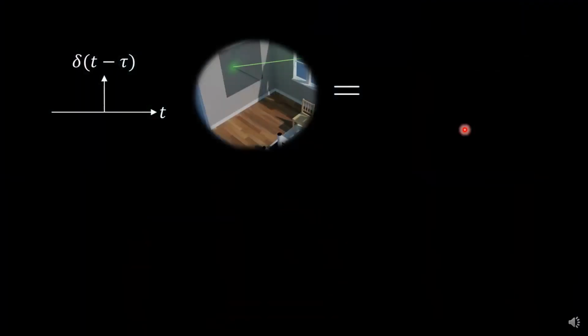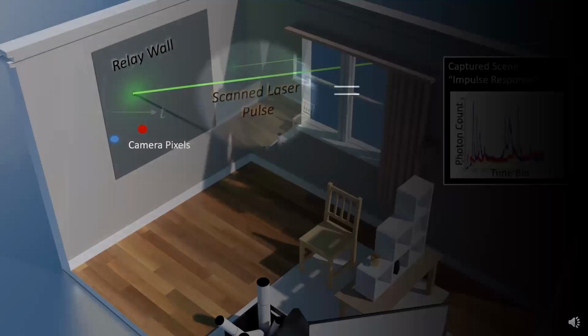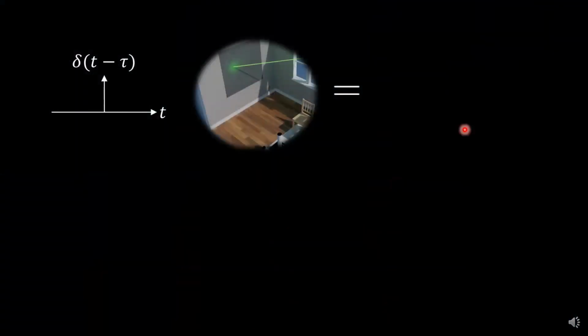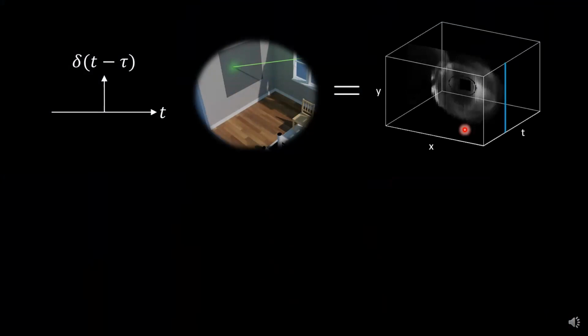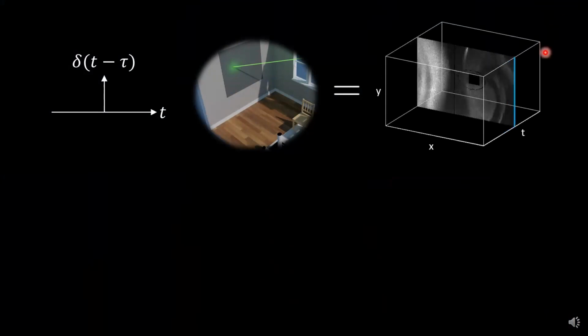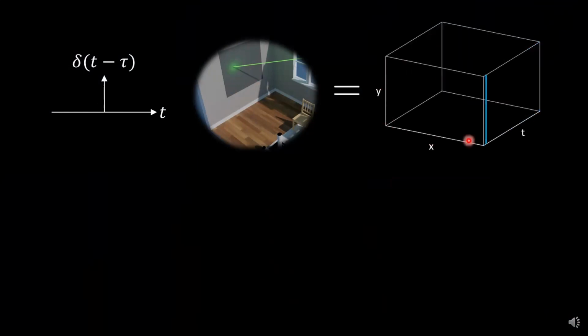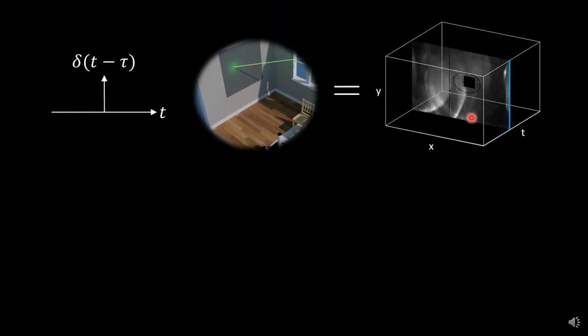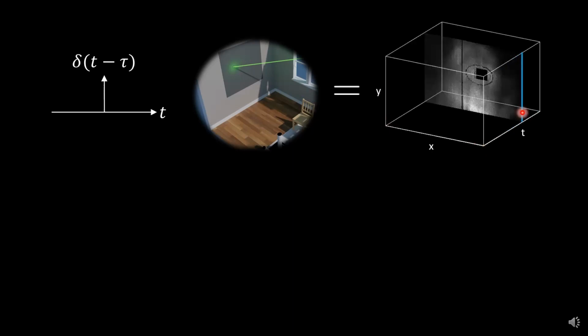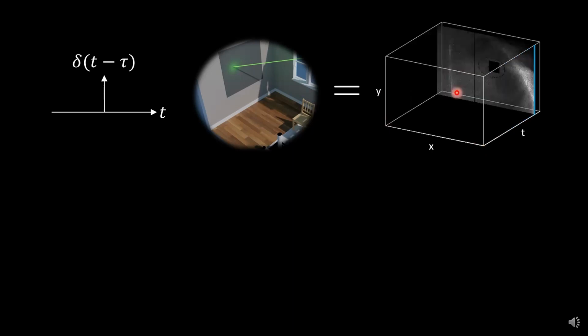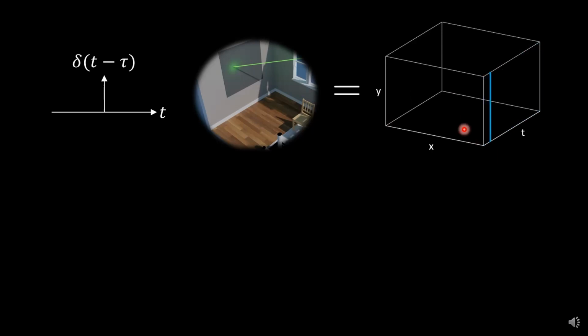So I'm going to go very briefly over one way we have developed to do this reconstruction. This one is actually inspired by a regular imaging system. So here's an example of the data collected. So you send this pulse to the relay wall, and here's an example of what you would collect with a camera that looks at all the different pixels on the wall. Right, so it's basically the X and Y on the wall and time. So it's basically the stuff coming back out of the hidden scene as a function of time.